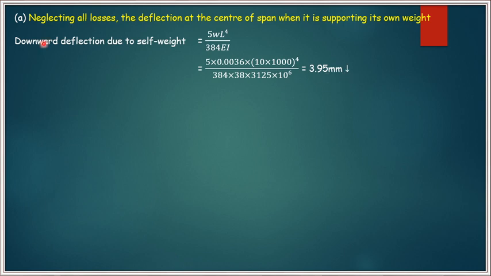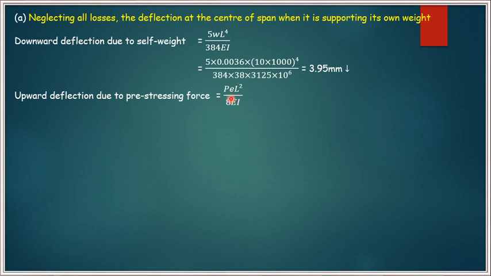Similarly, we have to calculate the upward deflection due to pre-stressing force, which will be acting in the upward direction, because pre-stress is compressing the member. For that reason, the member will have hogging in the mid-span. Hogging means top fiber will be having tension and bottom fiber will be having compression. So this makes the member a hogging member. In hogging, what is the deflection which will be occurring? So that we will consider, how much deflection is acting due to pre-stressing.